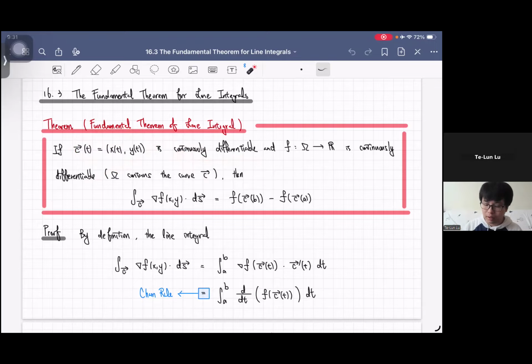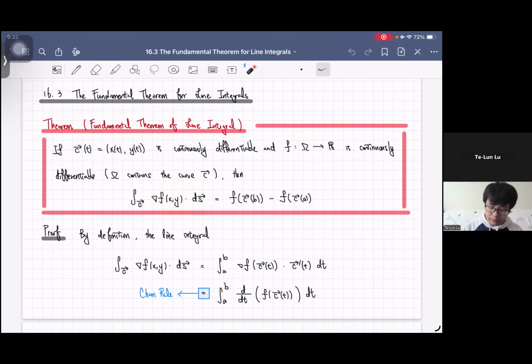and you have a continuously differentiable function f, so that we are integrating the gradient. So be careful with this. Okay. So the statement of the theorem is that if you're integrating the gradient vector field over the curve, so don't forget about this, we have introduced two types of line integration. One is with respect to the scalar function, one is with respect to a vector field. For a vector field, you're taking the inner product, the dot product between the vector field itself together with the tangential